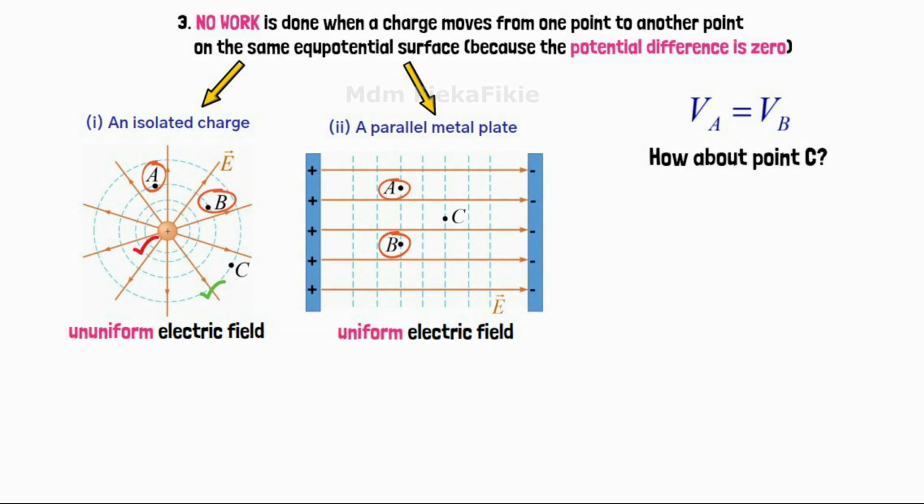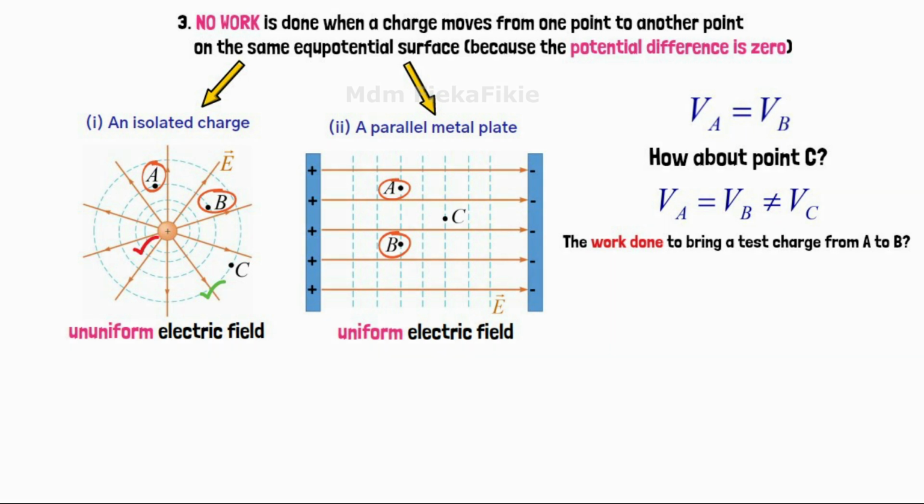So, point C, you can see the position of point C is not on the same line as A and B. Means that the electric potential at point C is not equal to VA and VB. Only VA and VB are the same. So, if we want to move a test charge from point A to point B, because the electric potential at point